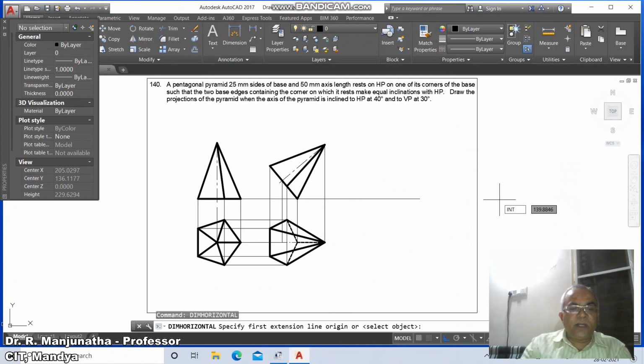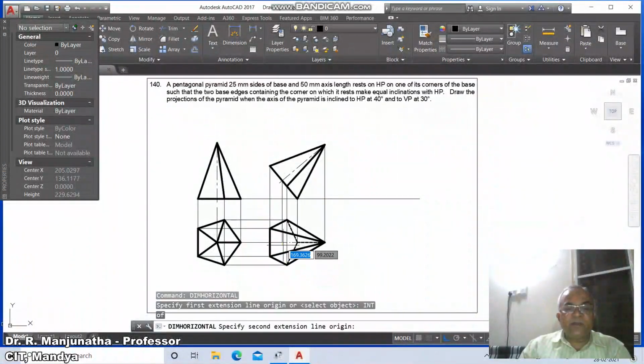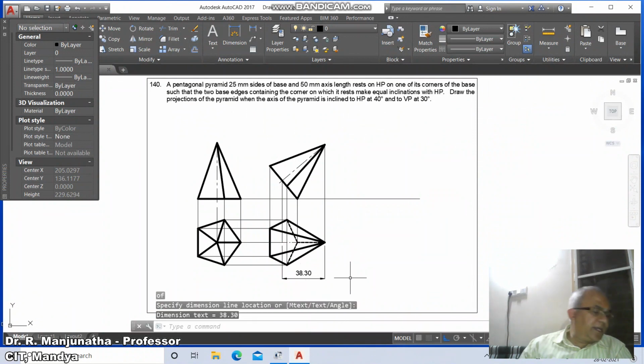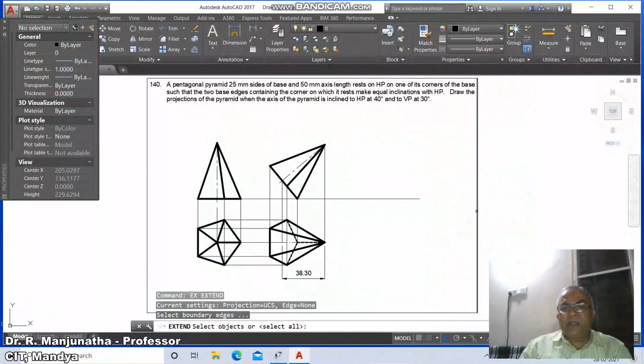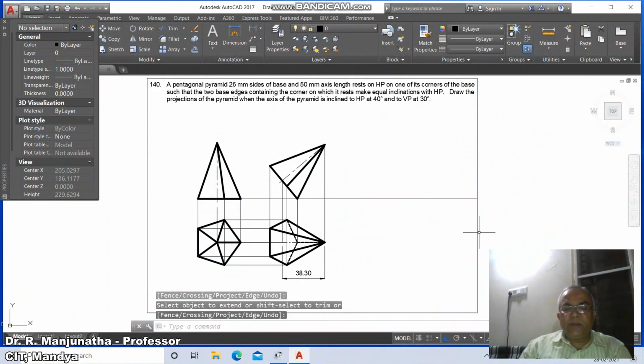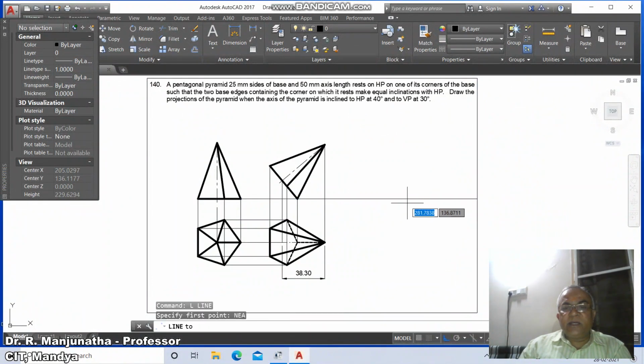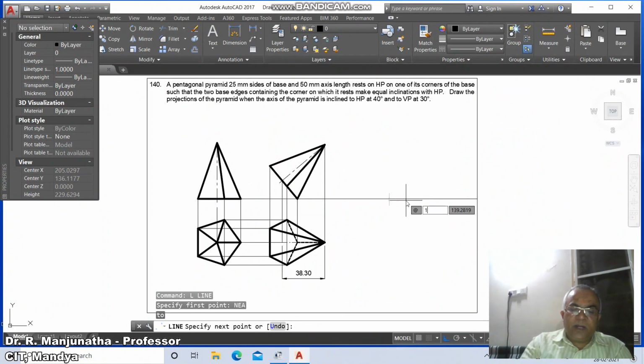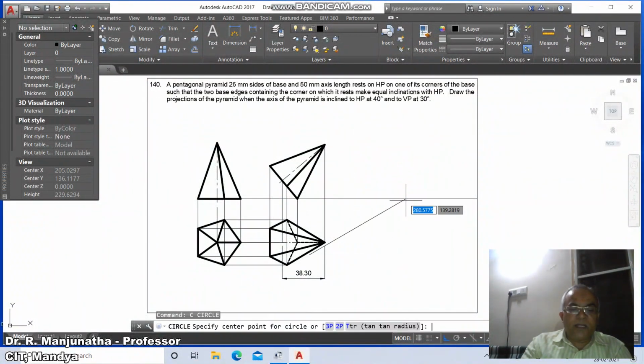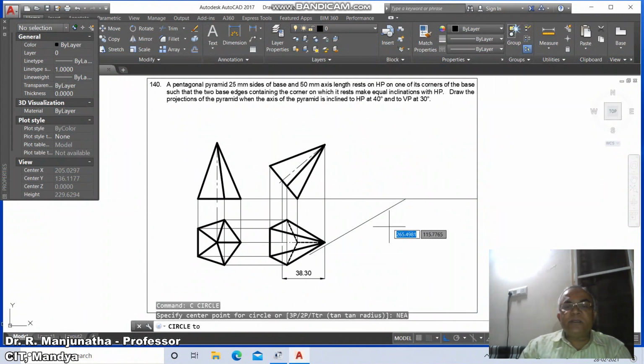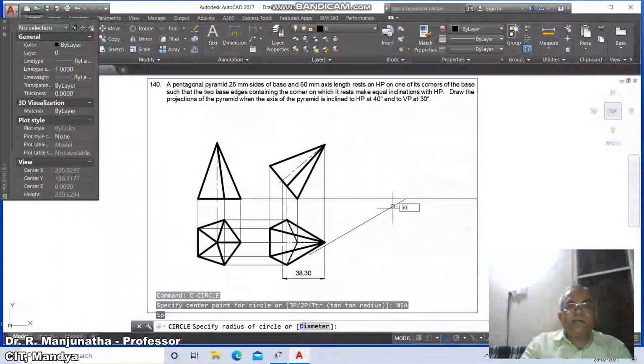Then dim horizontal, take the intersection point of this and the intersection point of this, and take this distance as 38.30. Then go to line and extend this line till this boundary. Then go to line, take the nearest point, and at the rate 100 less than minus 150 degree. Then go to circle, take the nearest point on this and any point on this, and take the radius as 50.